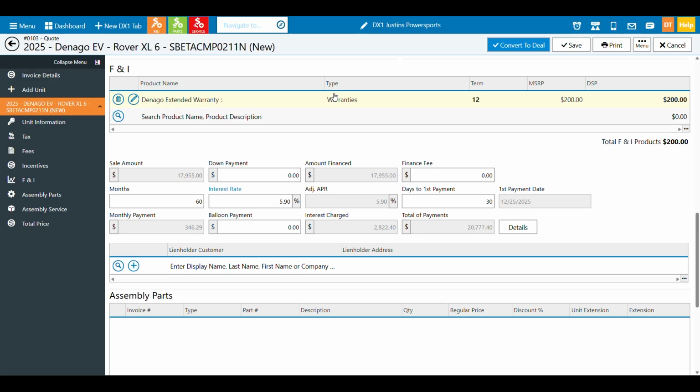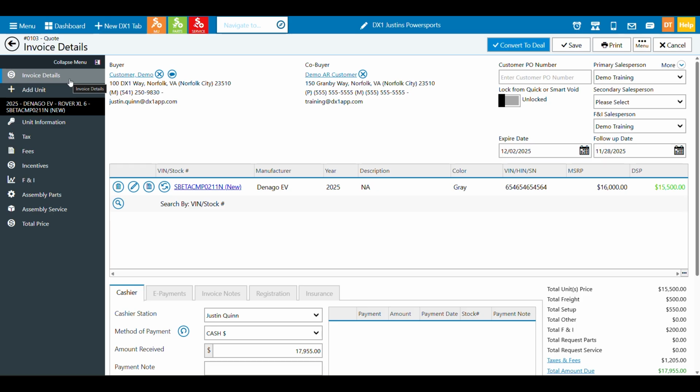All right, in this chapter, we're picking up again right where we left off. In this case, we're going to be talking about three topics: adding lien holders, insurance details, and registration details if needed. So the first thing we're going to take a look at is adding a lien holder.